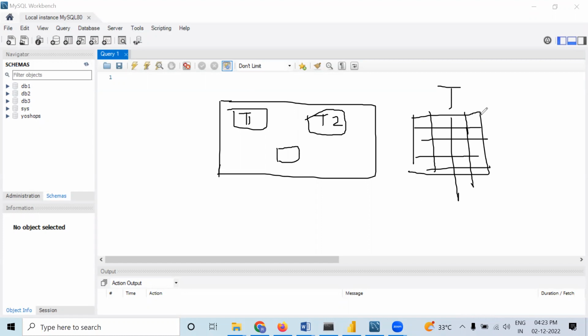Yes, ma'am. Okay. Whenever we are going to make a table, wait a second. So,